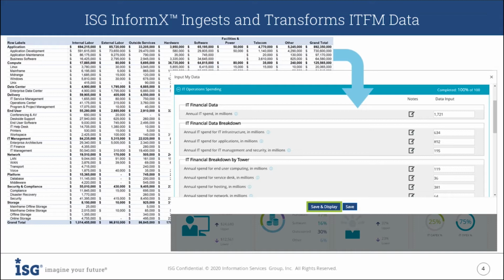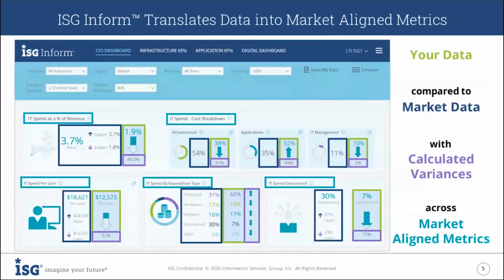ISG Inform can take that data and transform it through IT financial data and different service breakdowns, which are standardized, defined, and segmented, and then we collate that data into a standard model and buckets. Once you combine your IT financial data with volume and personnel information and input that into the ISG Inform tool, you can hit the Save and Display button, and the data is then translated into these